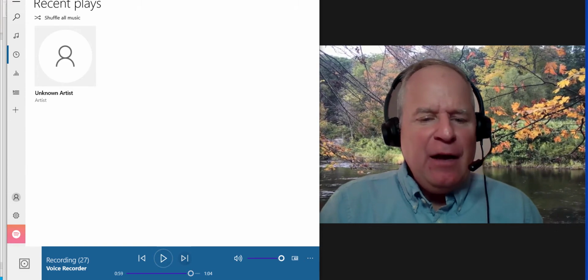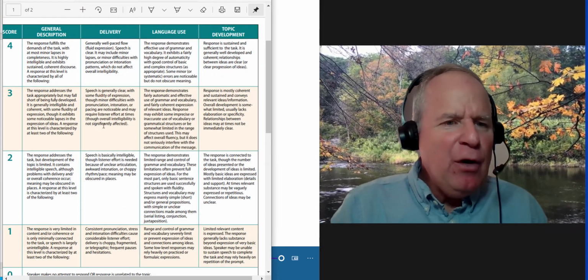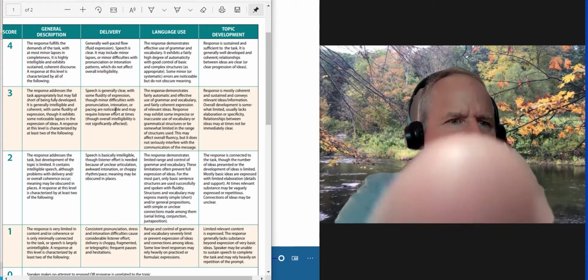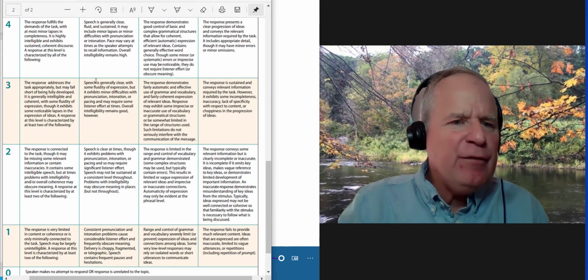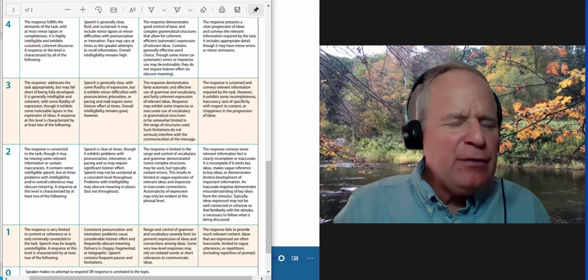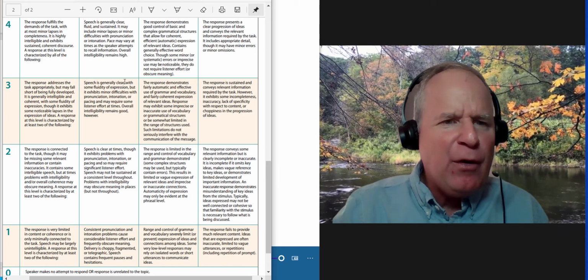So I think on this one, let me take a look at the rubrics here. I'm going to give you a low 3 on it. I think with your tone, maybe some minor difficulties. You need to vary your tone a little bit more.